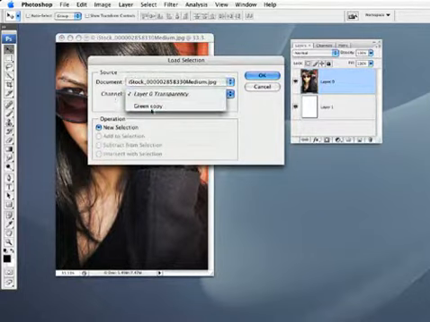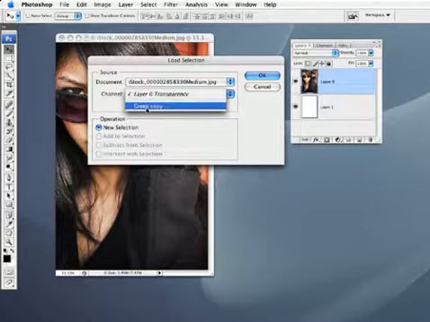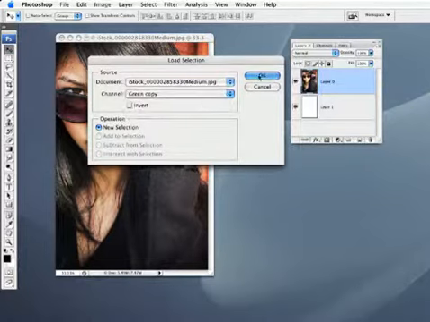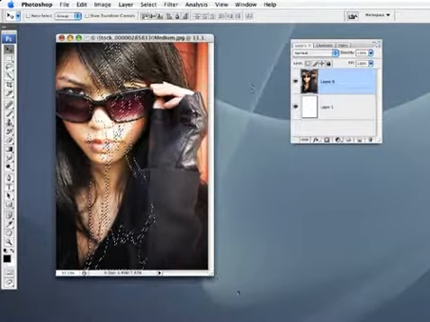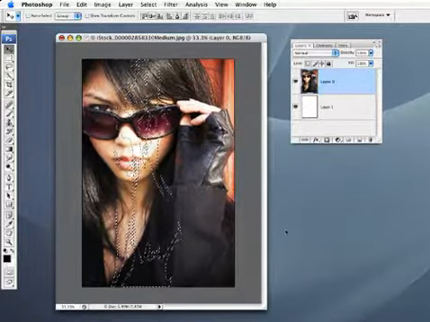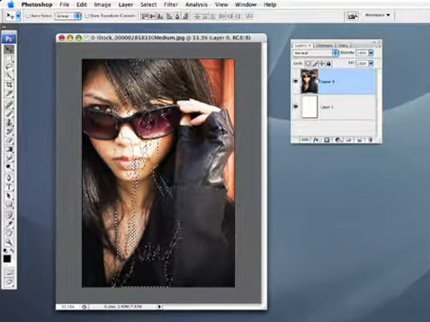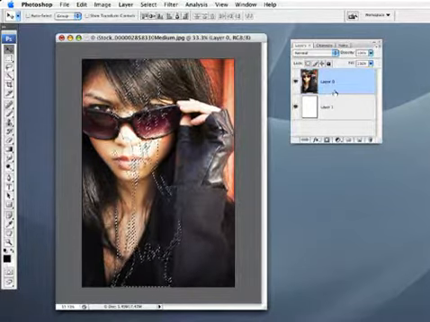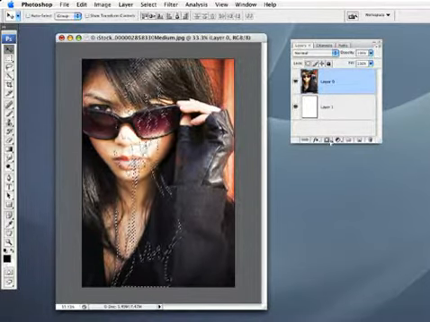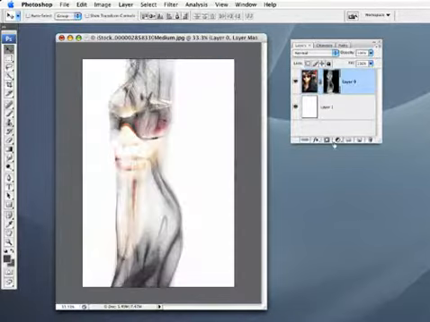And we just need to go in there and find that channel, which was the green copy, as you remember it was called. So we'll select that option, new selection, click OK. There the active selection is based on that alpha channel. Now, because we're on this layer, it supports transparency, we're going to create a layer mask. So with that selection active, I'm going to click on the layer mask icon toward the bottom here, and boom,